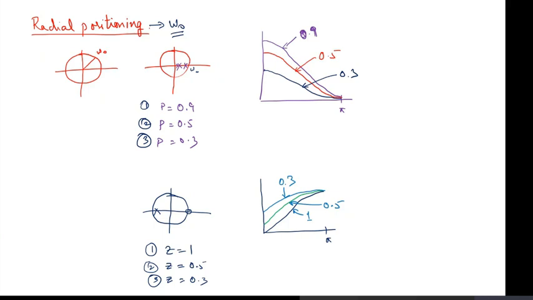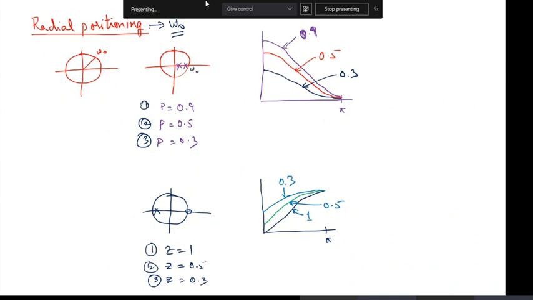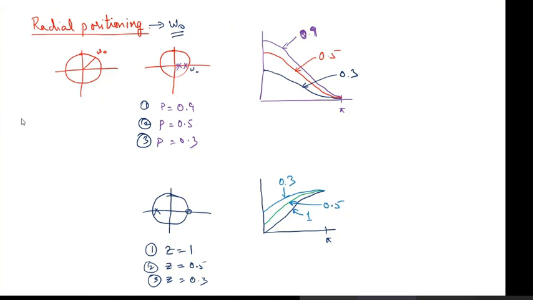Okay, so any other questions? Sir, I have a doubt. Yeah. So if we cannot place poles on the unit circle, and we are interested in the frequency component at pi by 2 or pi or 0, then how do we get that? How do you place it as close as possible to the frequency at pi by 2?